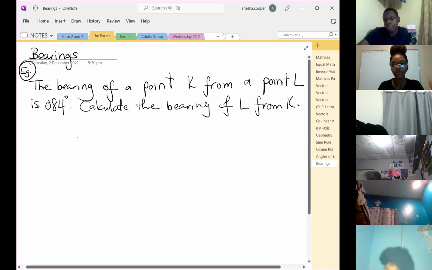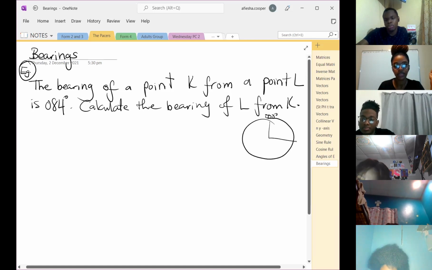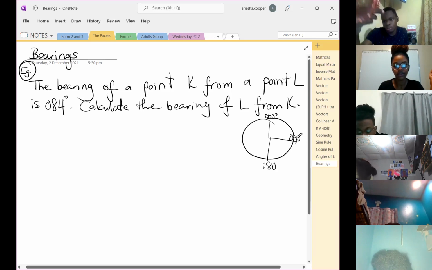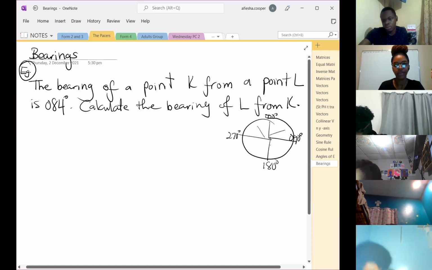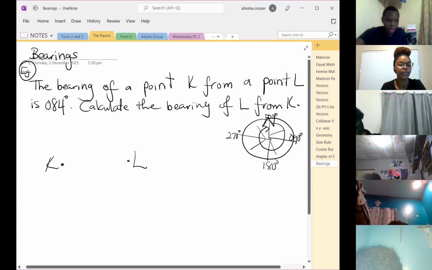So we must remember the cardinal points and the angles between them, right? So just to revise, this is 0 degrees, then we have our 90 degrees, then we have our 180 degrees, and we have our 270 degrees and all the parts in between. For you to do your bearing, you must start at a north line and go clockwise. So let's do that. So we have a point K and we have a point L, the bearing of a